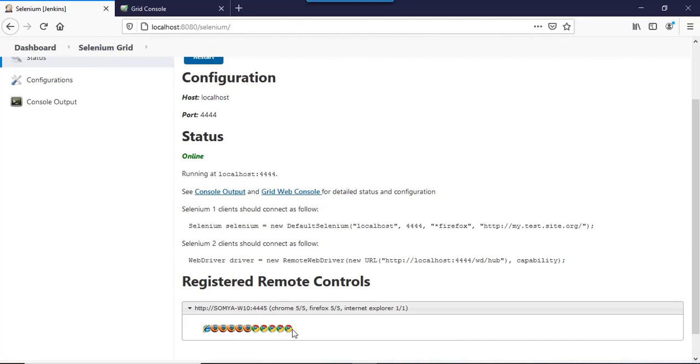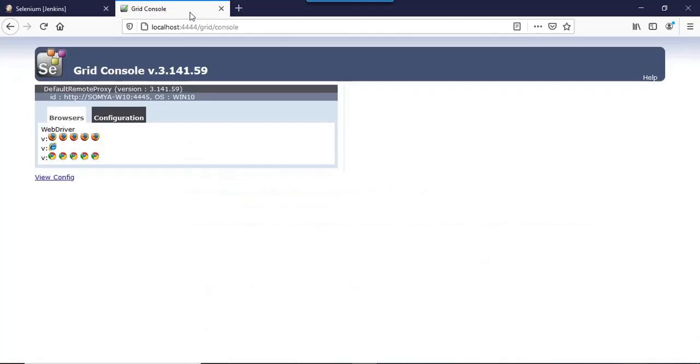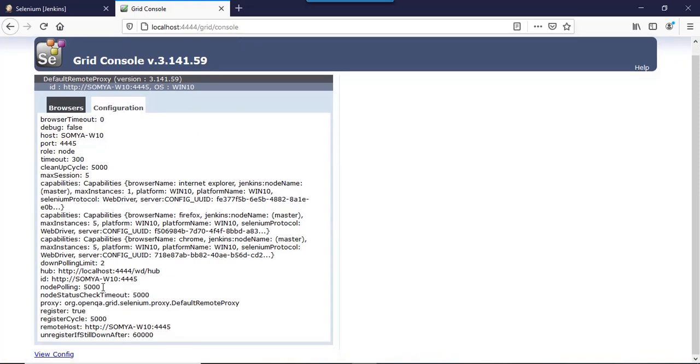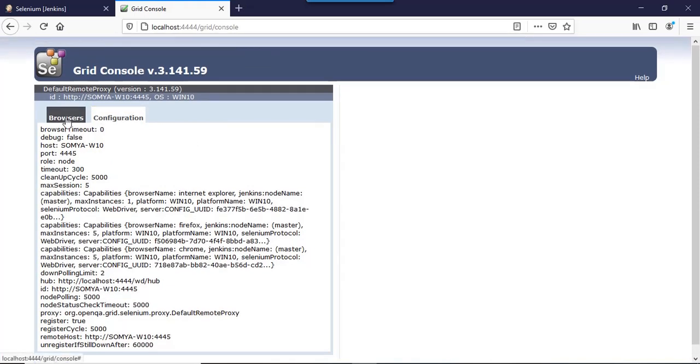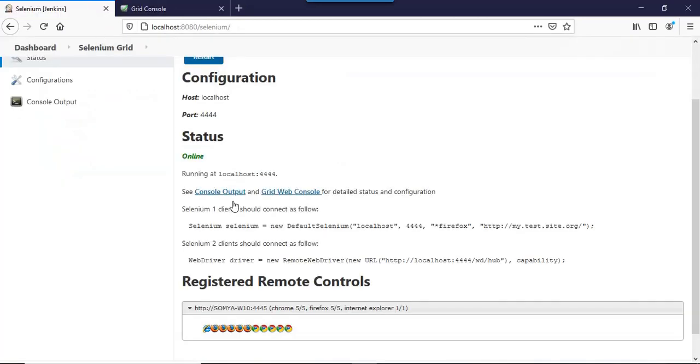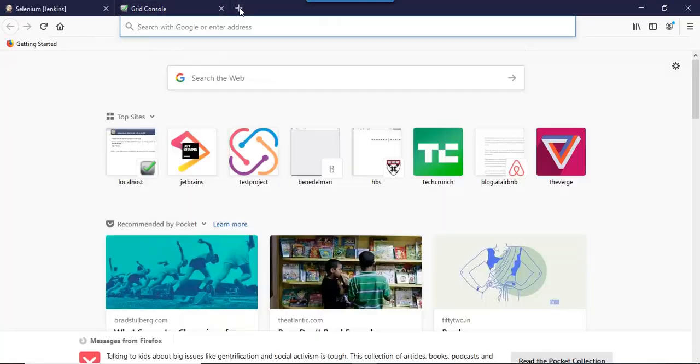These are the browser instances which you can see here, and a similar configuration can be seen on the grid console, where you can see all the details related to this configuration. And that's it. Now wherever you are doing your execution, you need to provide the hub path in your execution like this, as it is mentioned here.